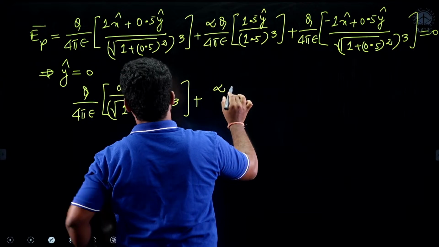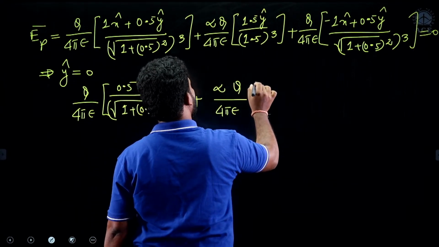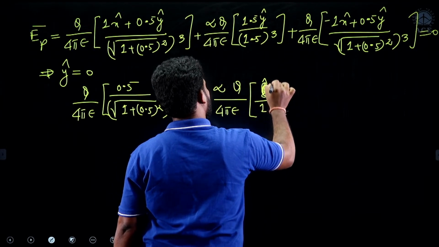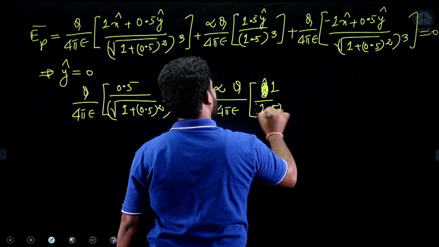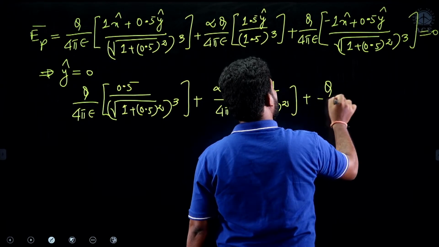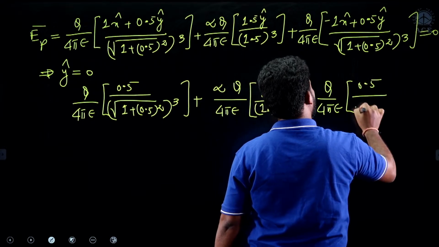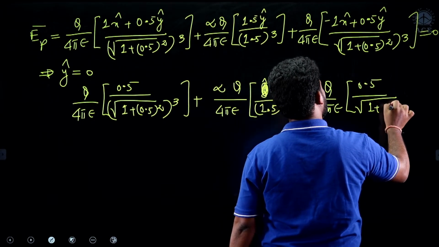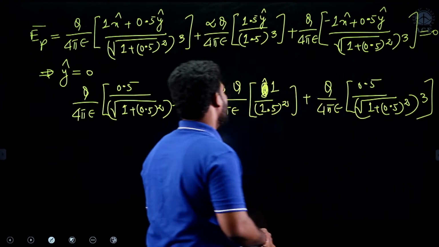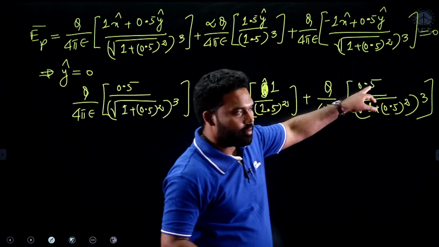So alpha into q divided by 4 pi epsilon into y cap divided by, just remove this, it is 1 divided by 0.5 square and there is a y component. So plus q divided by 4 pi epsilon 0.5 divided by square root of 1 plus 0.5 whole square whole cube. Fine. So you can make this one equal to, here it is 0.1, here it is 0.5,